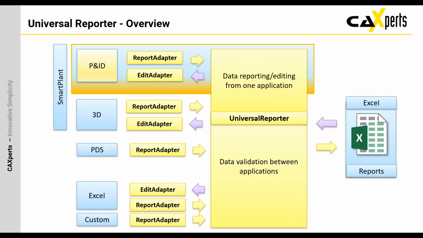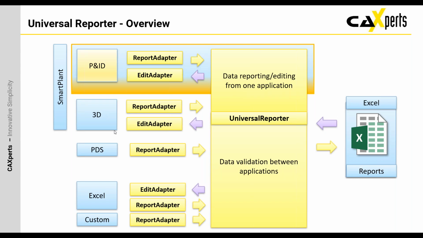So today I'm going to give you an overview about the main functionalities. Before we start to do that, I want to explain that Universal Reporter is a tool which can work with data coming from different sources. One of them is P&ID. The other one is S3D. We decided to separate this into separate webinars. So today we're going to discuss this part, and my colleague Stefan will take care in a few weeks